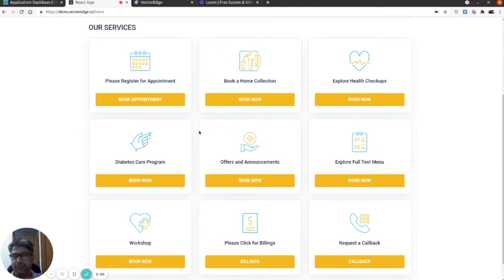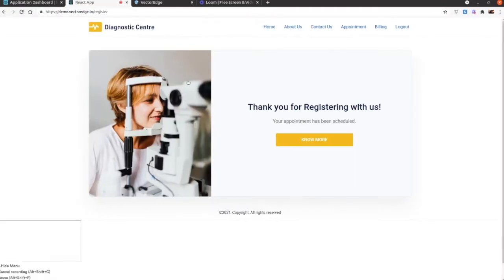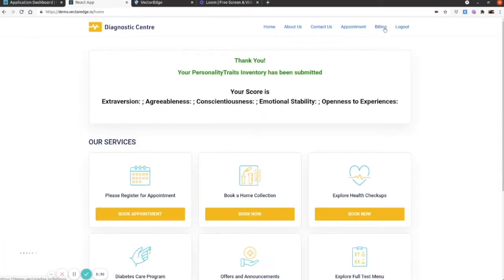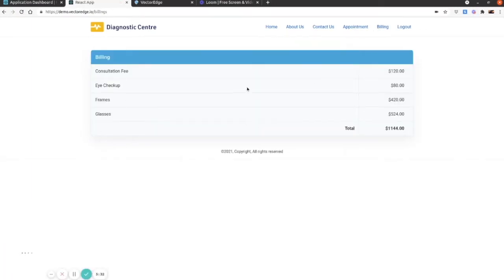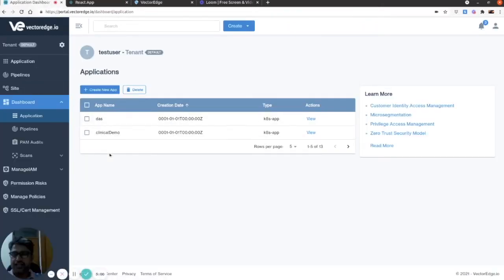So what does this clinical app do? This is a simple clinical app which has three pages. One is the home page, one is booking, and one is appointment, and the third one is billing. At this time this URL is open for everyone, and anyone can access all these three pages. With my policy definition, I will create different roles and assign these endpoints to different roles. So a certain role will see certain endpoints on the web page, whereas another role will have access to different pages. Okay, so this is our dashboard.